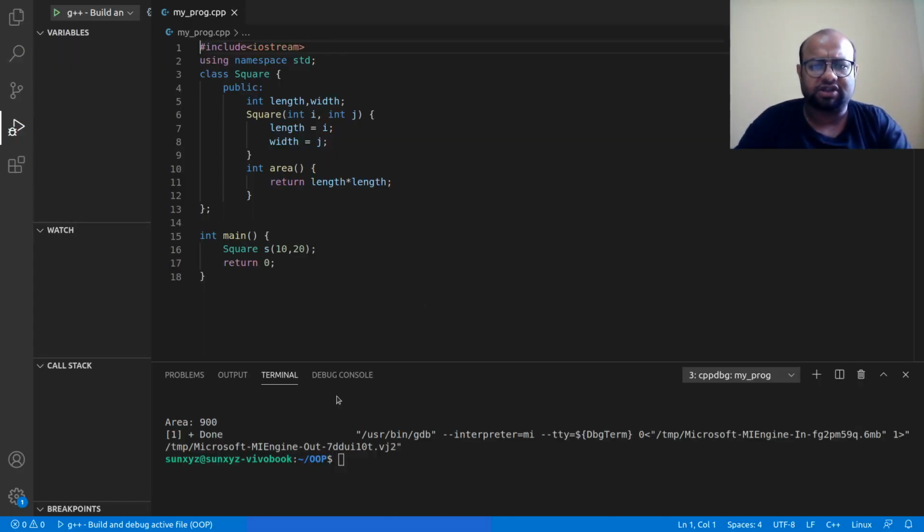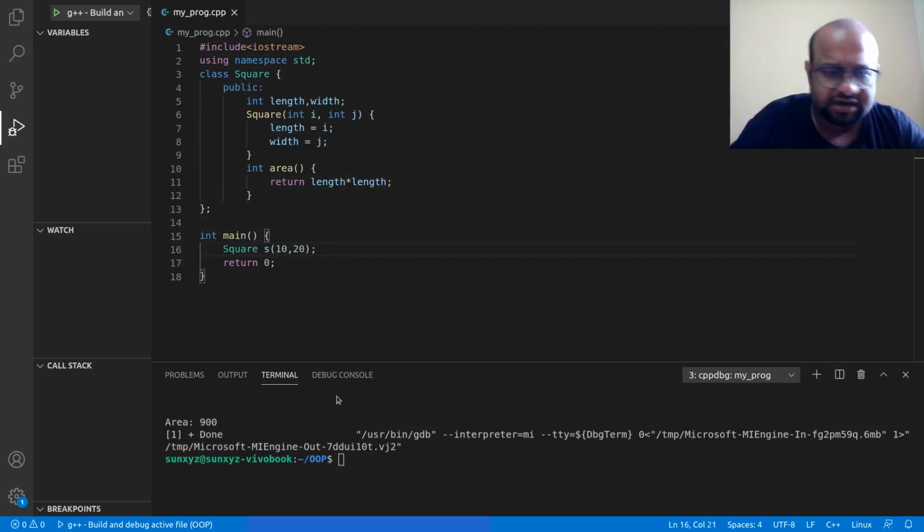Now let's go back to my program. In this program that you see on your screen, I have created an object called square. This square object is a local variable in my function main.